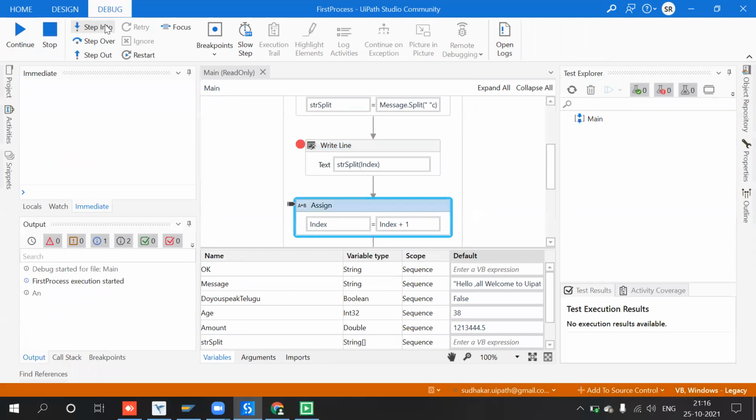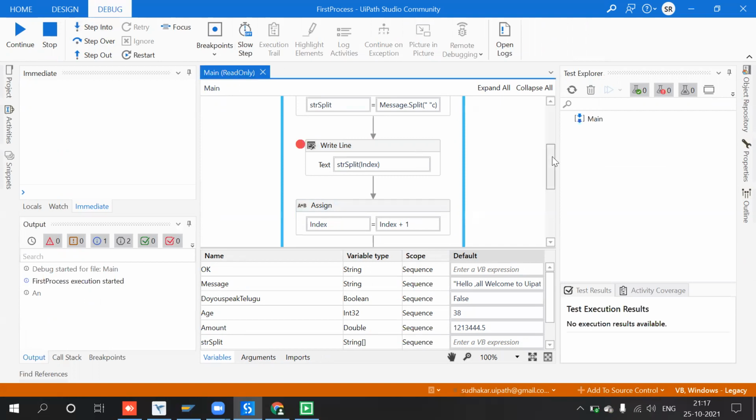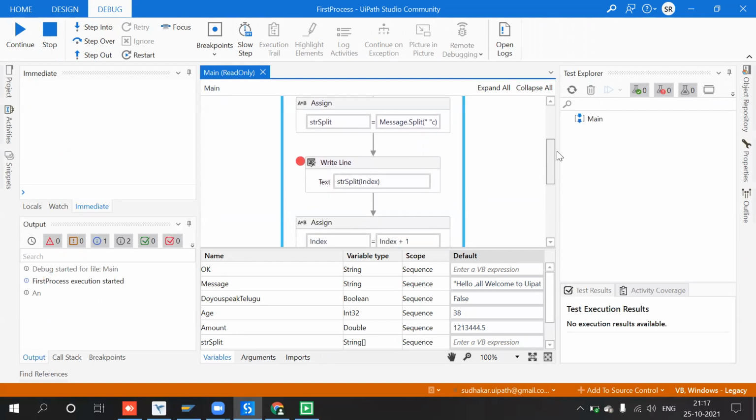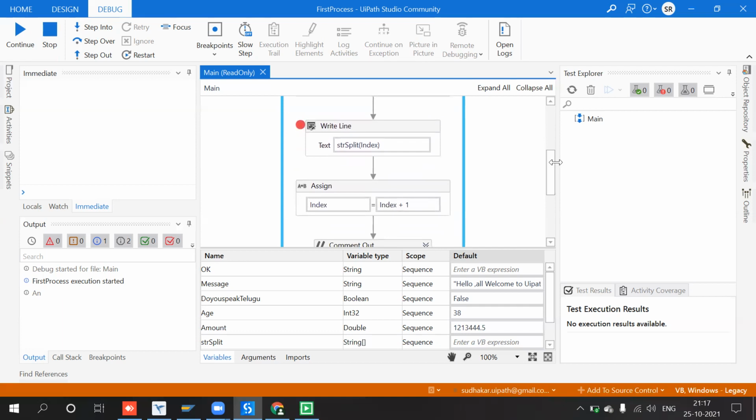So see, now it displays, and step into, it will increment one value. Okay, so what we have to use is another way of executing this, because now, in order to know the first value, I use index of 0. So the last value is, I have to use this one.